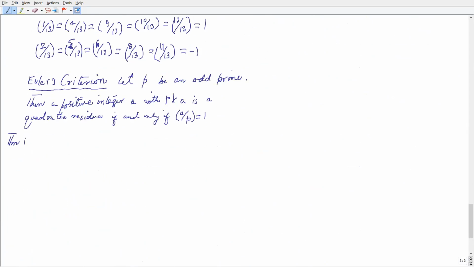Let P be an odd prime, and A and B be any integers with the condition that P does not divide the product AB, then